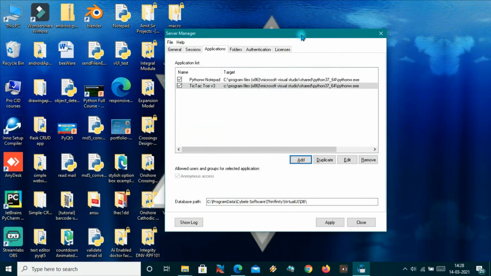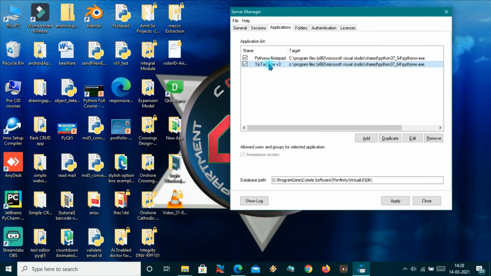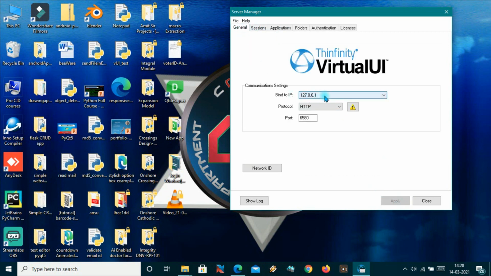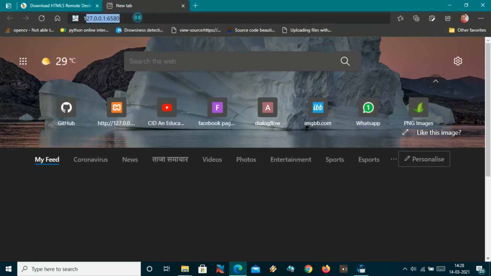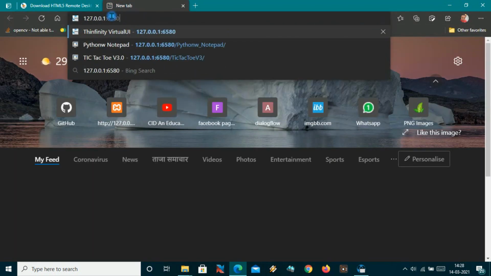Okay, so I'll just save it and run it. I have added it here, as you can see it has been added, and now I will just apply. Okay, and after applying, as you can see, it is my IP address where my application will be available. So I'll just go to that IP address with my port number 6580.